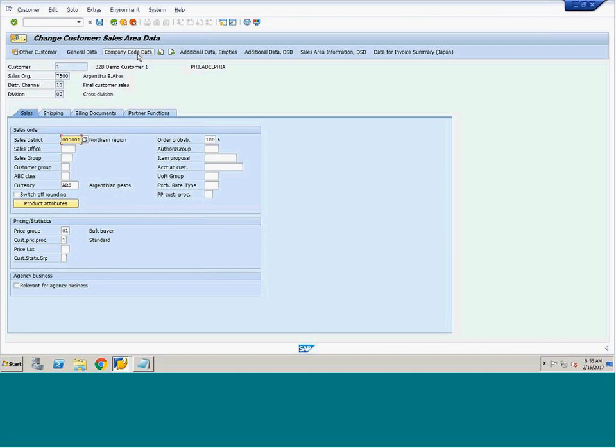For the item, this is the sales area data. If we want to enter the district number, which sales office it is assigned to, and all those things, we'll be populating it here and it will be getting updated in the corresponding table. The company code data,